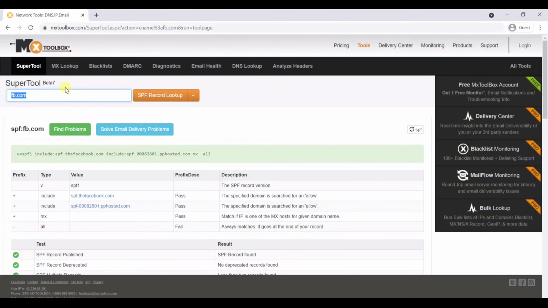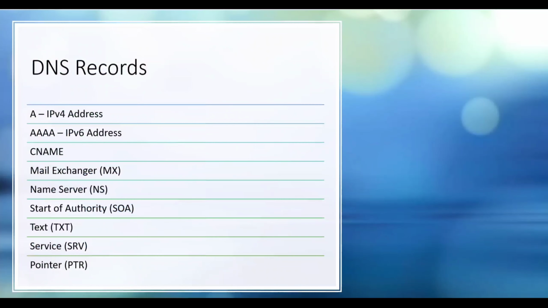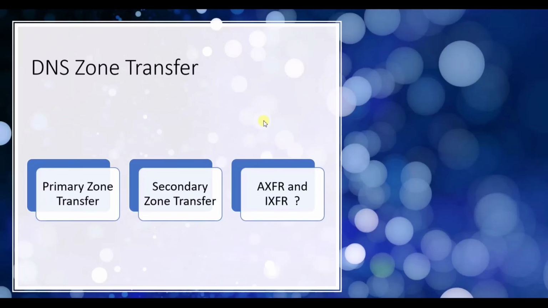And the other part, let me go to the next slide. So this is about DNS zone transfer. First of all, what is DNS zone transfer? It is the process where a DNS server passes a copy of part of its database to another DNS server. So this is how you can have more than one DNS server which is able to answer queries about a particular zone.